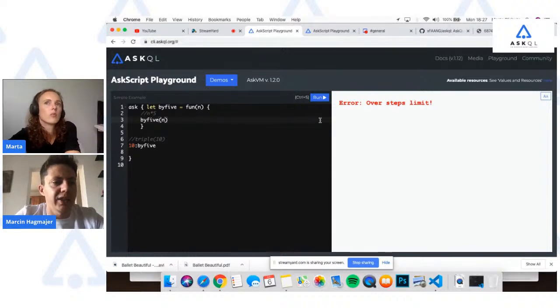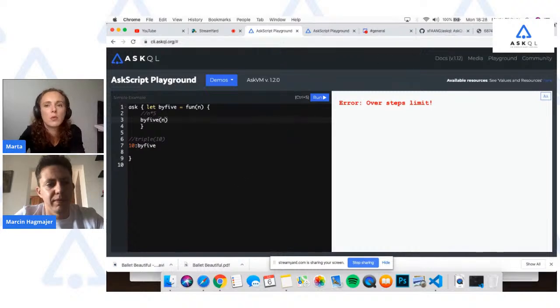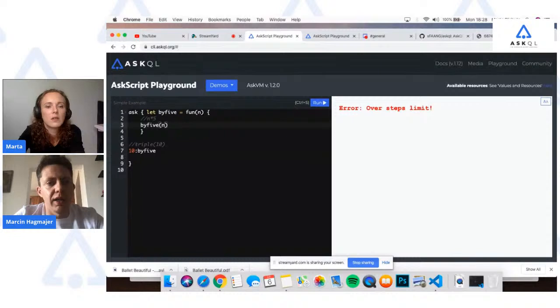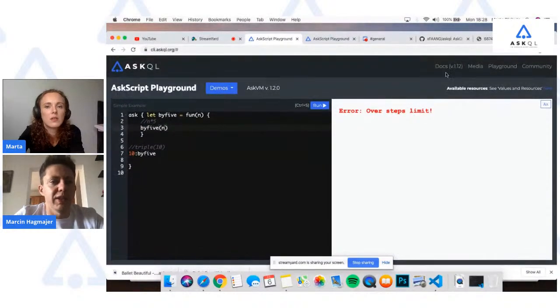In that case, the computation would never produce an answer, because it keeps going through this by 5 and doesn't go anywhere, so it runs out of the steps limit. How many steps do we have? In this playground, we have 10,000 steps, which is currently equal to a couple hundred